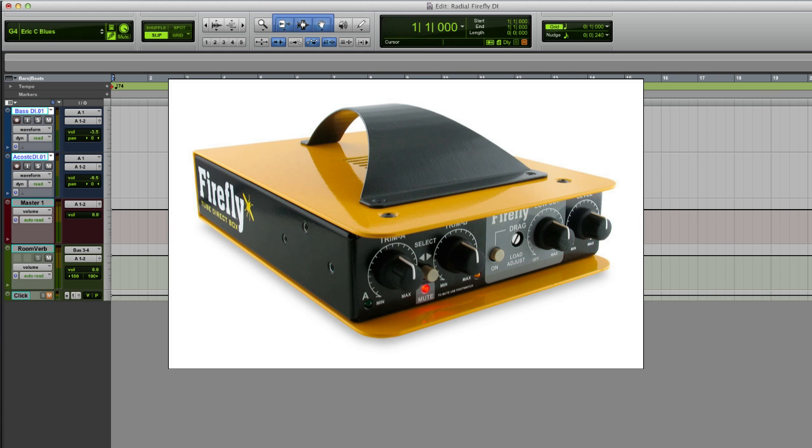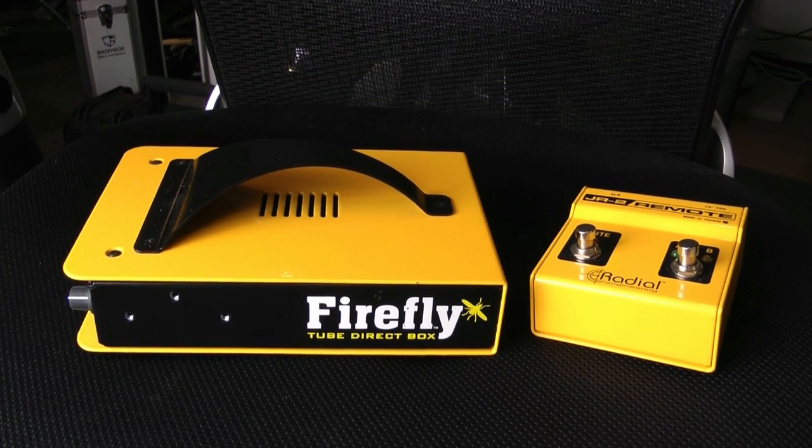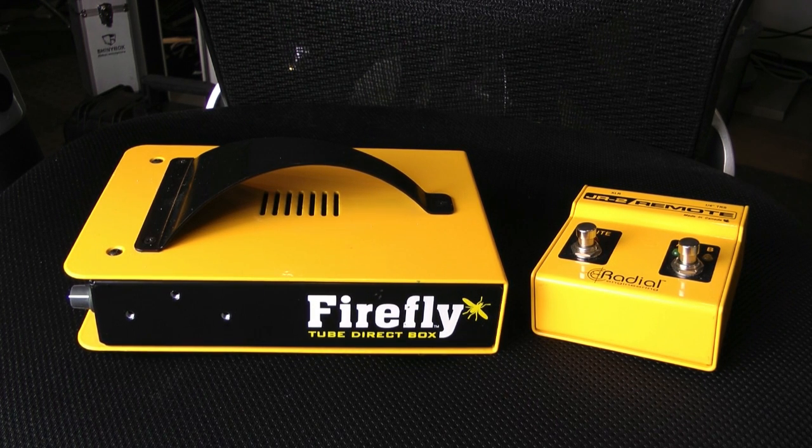This time, no microphones, but another hardware input device. This time I've got my grubby little mitts on the Radial Firefly. This is a tube direct box or tube DI box, and it's fantastic. First thing you notice is this thing is built like an armoured car. So yes, it's definitely one of those things that's built for the road and built for the live environment. But it's got valves in it and it's got lots of control over it, so it's definitely also got the